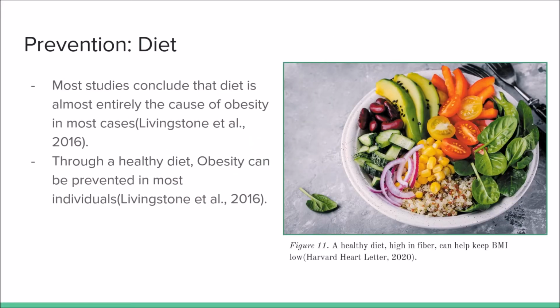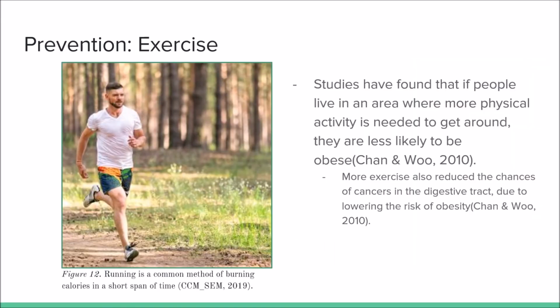The number one prevention method among almost all the studies that I've looked at is diet. This is because obesity is almost always caused by someone having an unhealthy diet, and if someone were to increase the fiber levels and healthy fat levels while decreasing their calories, in most cases people will lose weight. That makes this one of the best prevention methods when trying to prevent someone from getting obesity or other weight-related issues such as diabetes.